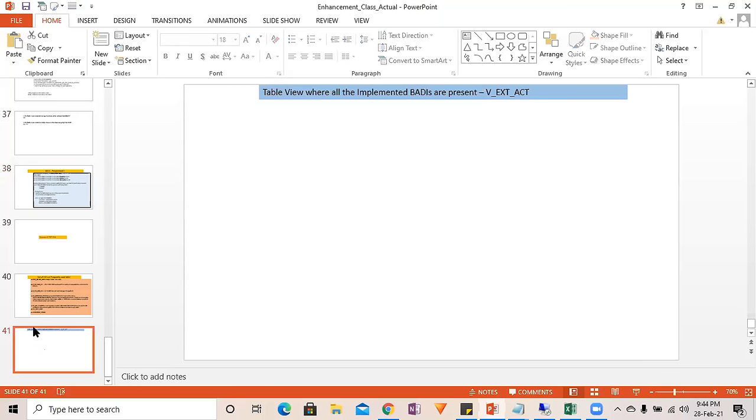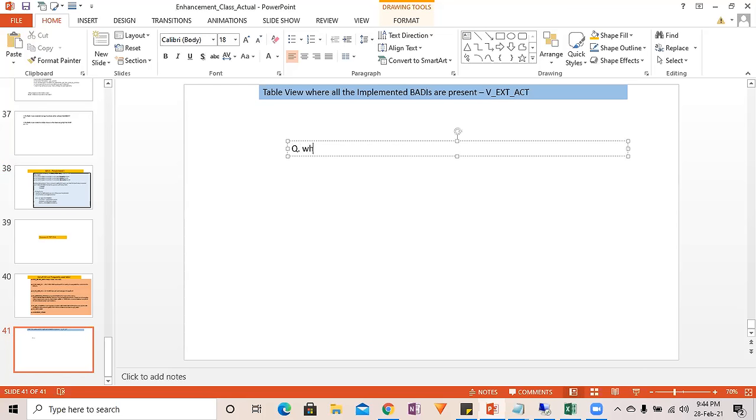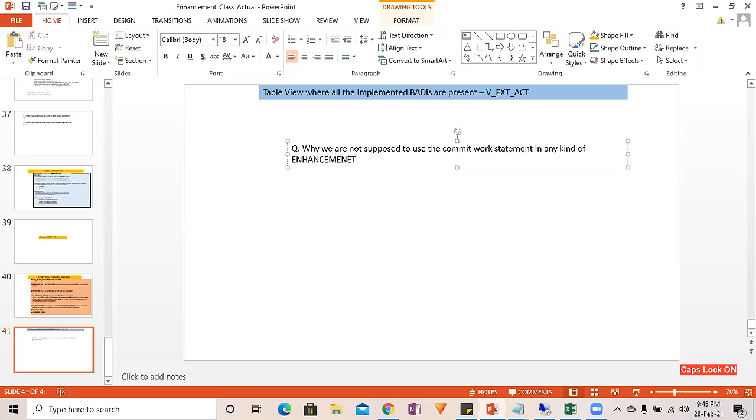This is also a very important interview question: why are we not supposed to use the COMMIT WORK statement in any kind of enhancement, not only specific to BAdI? The answer is it will break the SAP